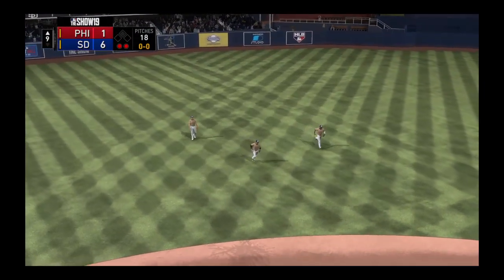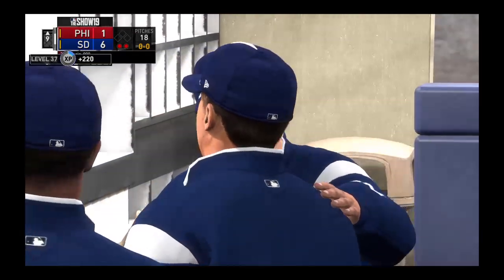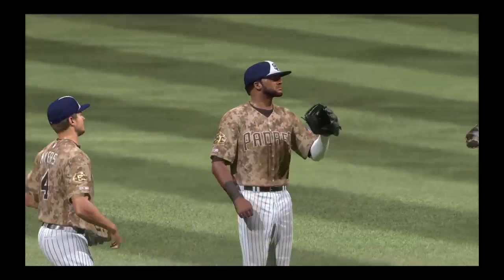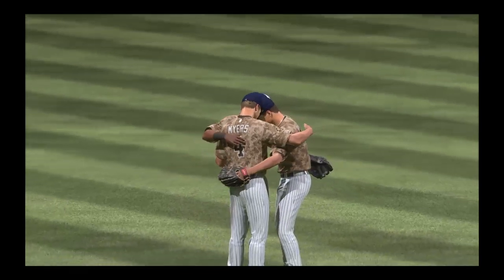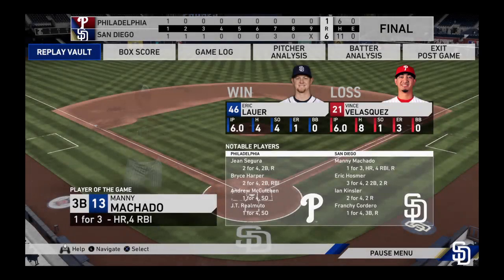Guerra is there. Makes the catch, and the ball game is over. It's always nice to give your fans at home something to cheer about, and they definitely did that right here, coming through with the big win at home. And tonight's game comes to a conclusion, 6-1 the final. San Diego took the lead in the